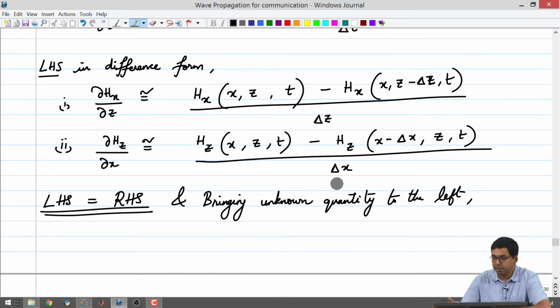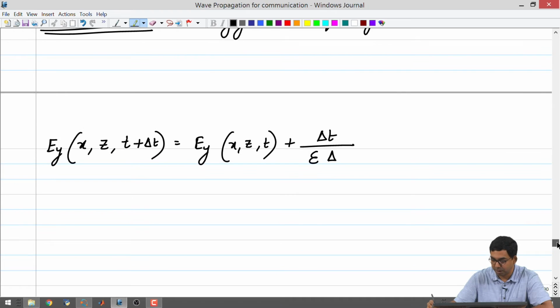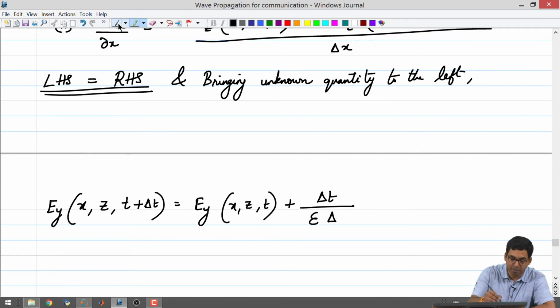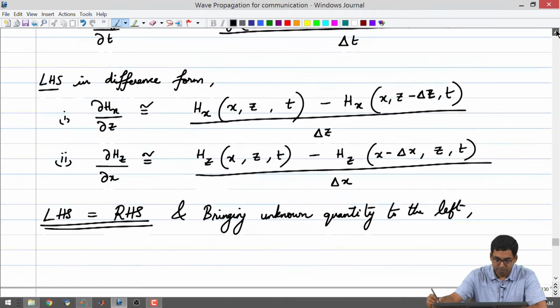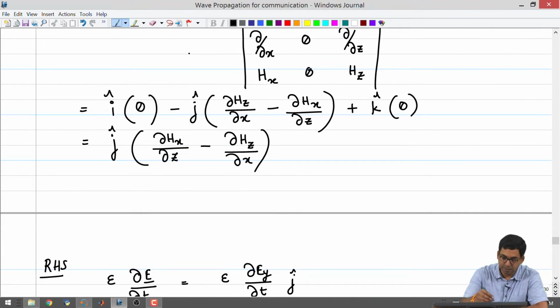Okay. So, this just means that given an x-z plane, you will discretize it in such a way that Δx is going to be equal to Δz. So, you will divide the region into a number of small squares, all right. So, we can always say let Δz be equal to Δx, and we can make that as some variable called just Δ. Okay. So, in our program and in the way we are approaching, Δ means both Δx and Δz. Then it becomes easier to take some common factors outside. So, I can have Δt divided by epsilon Δ, and then I can write down this term inside of that.